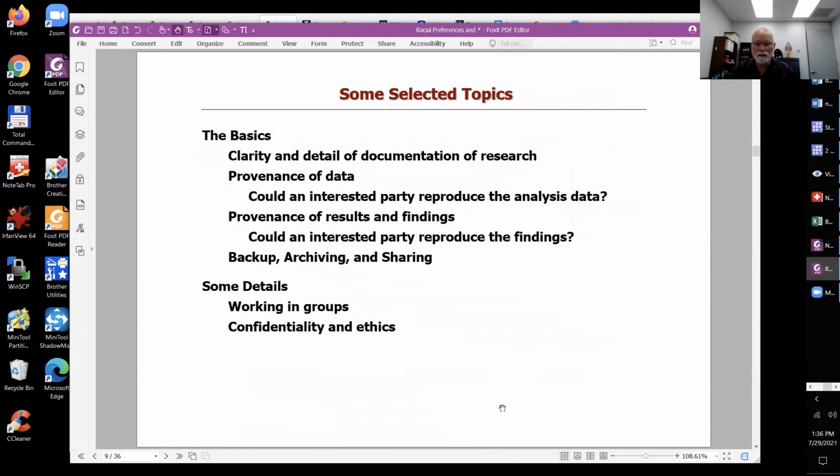Some things that we're going to talk about here, and some of them we'll go through pretty quickly. For aspects of workflow, there are a lot of basic issues: the clarity and detail of the documentation of how you conducted the research, the provenance of the data that you used, the provenance of the results and findings, how things are backed up, archived, how they are shared and made available to others. On the provenance of data and the provenance of results, a basic question to have in the back of your mind is,